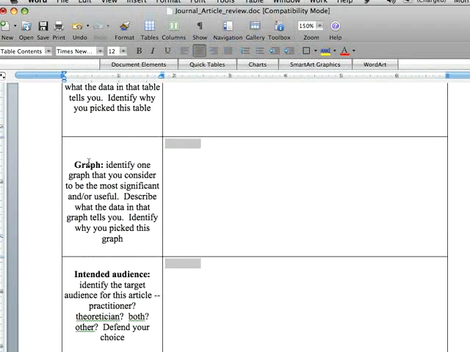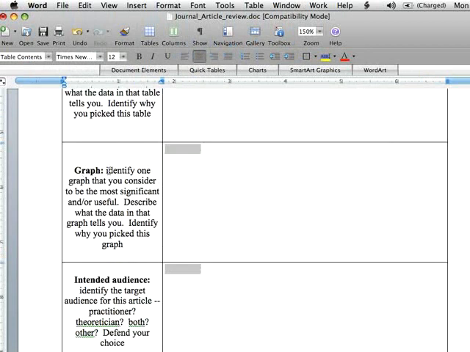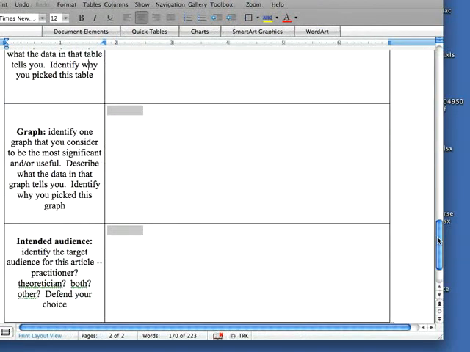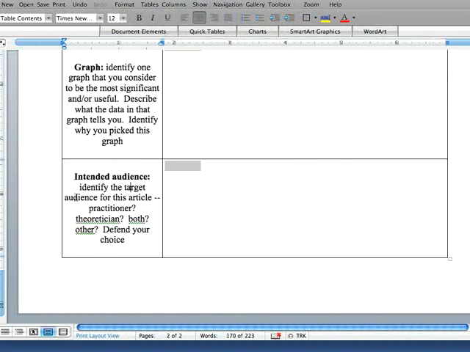Likewise, do the same thing for a graph. Identify one graph that you consider to be the most significant or useful. Describe what the data in that graph tells you, and tell me why you picked that graph. And lastly, and this will be hard at first,